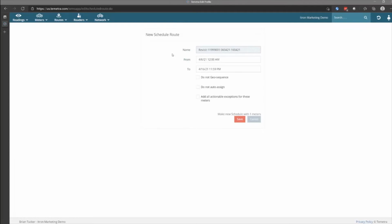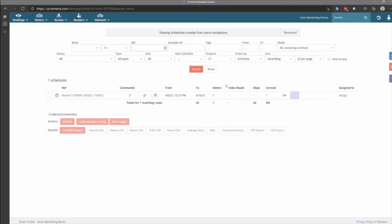And so we can use this functionality to create an ad hoc route in order to send someone back out to actually take another look at that meter. So in this case, we'll do that. We'll create an ad hoc route based on this no usage on active meter we had come back. And we'll save that. And now if we take this new ad hoc route, and in this case, I'll just assign it back to myself,